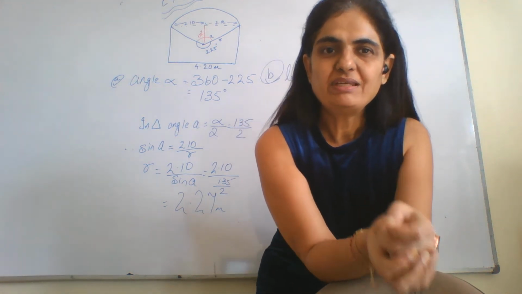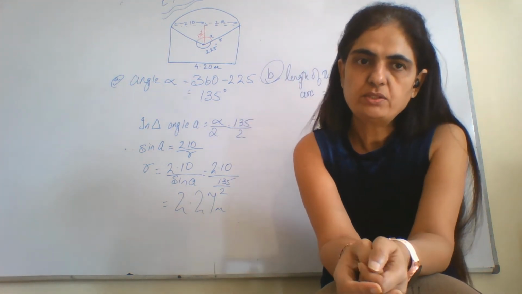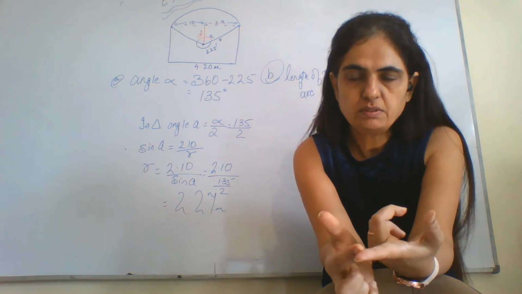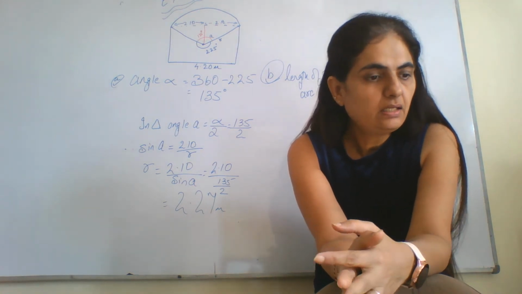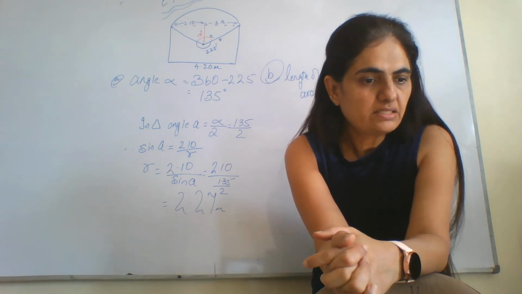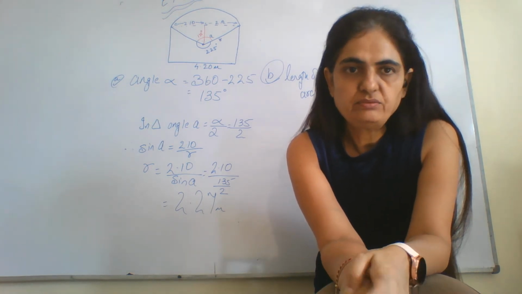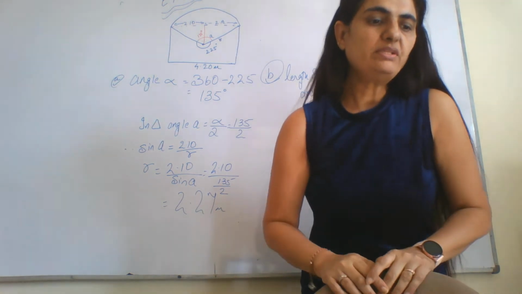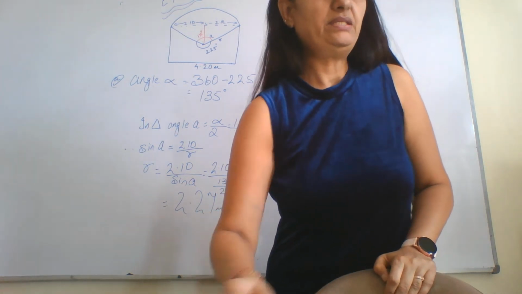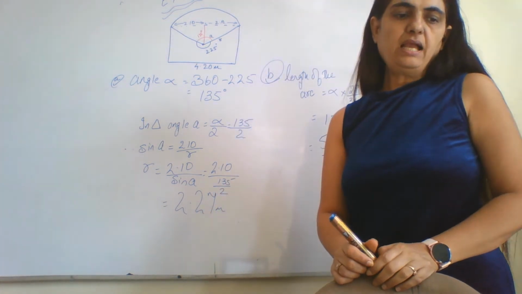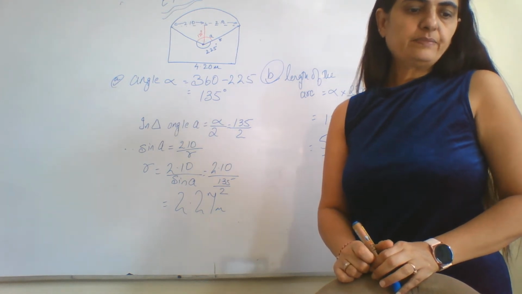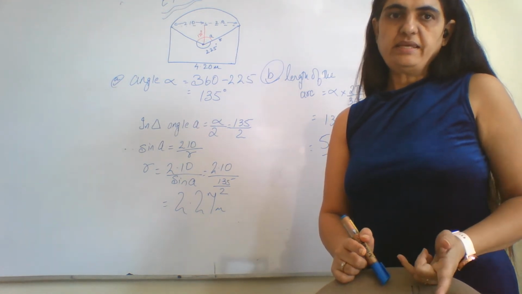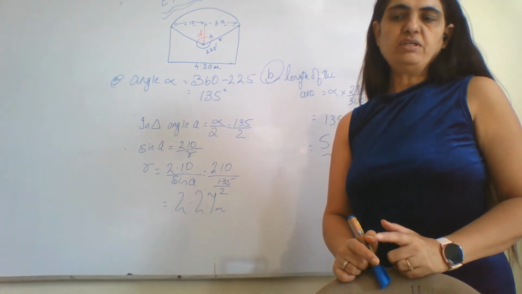Okay, so today we'll be doing a problem based on trigonometric ratios, the SOHCAHTOA, which we had done: sine, cos and tan. I have taken a sum from exercise 1J. I'll read it out for you. It says that a door with width 4.20 meters has an arc as shown in the diagram. Find the radius is the first question, and the second one is the length of the arc.